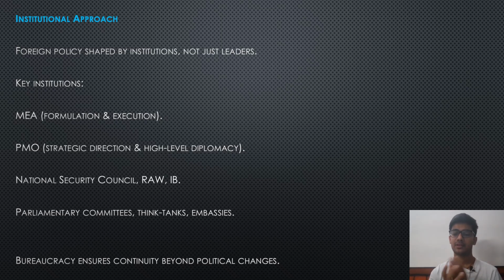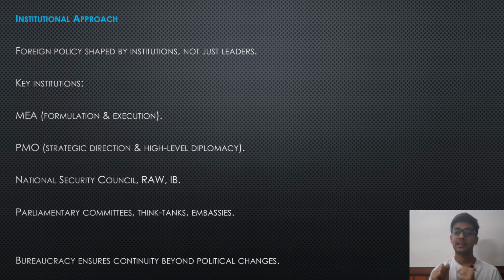Embassies. So when we say we are maintaining good relations, let's take the example of USA. How do we do that? You know, the Prime Minister isn't calling the President of USA and saying, "How are you? We should do this. We should do that." There has to be constant negotiations, constant presence on ground, and that happens through embassies. So India has embassies all around the world in different nations, and people working in embassies day in and day out work towards sending information, formulating policies, helping in formulation of policies and other things.